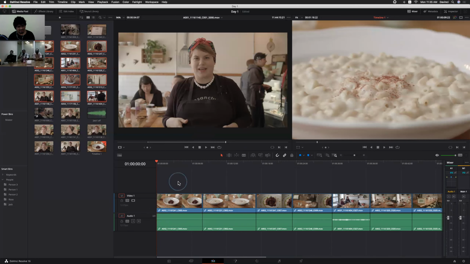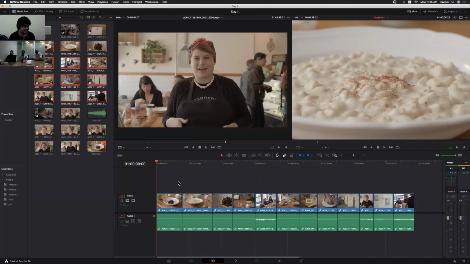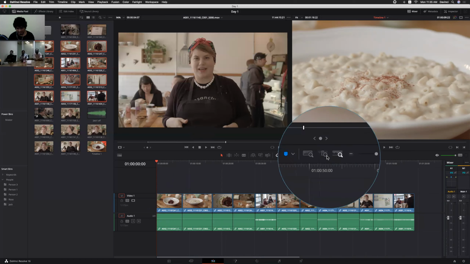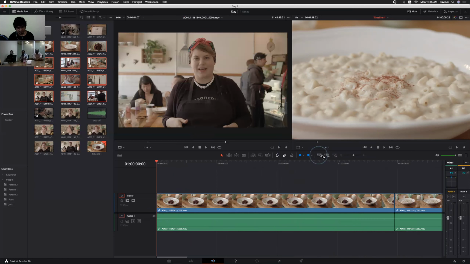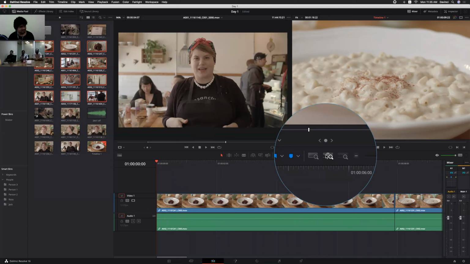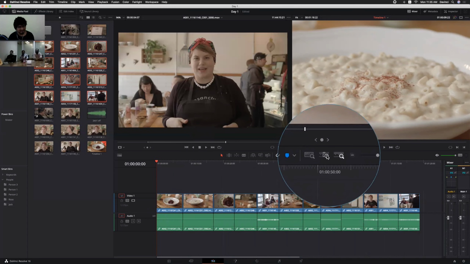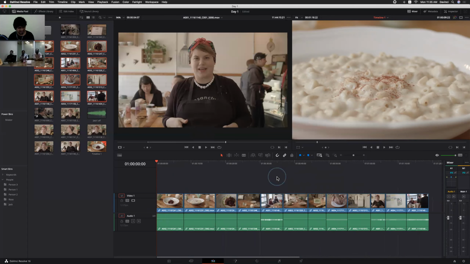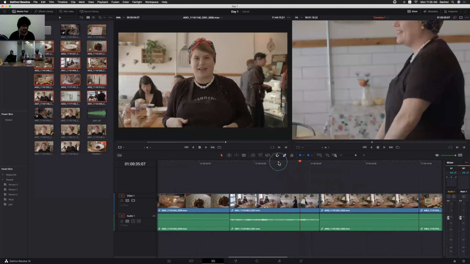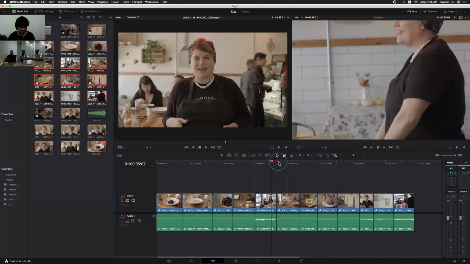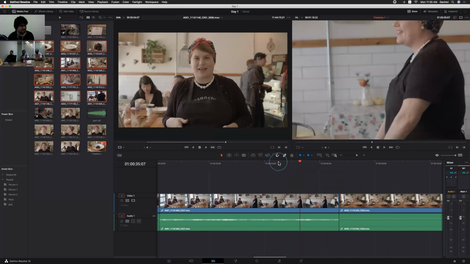Okay, so shift Z and everything is pretty much the same. Zoom in, zoom out options, and we have that option here also, right? Fit to window, zoom, detailed zoom and everything. And we can use shift Z, but it will toggle the timeline view. Once you click shift Z, it automatically fits to the timeline window, and if you click again, it will automatically zoom into the timeline. Okay, shift Z.